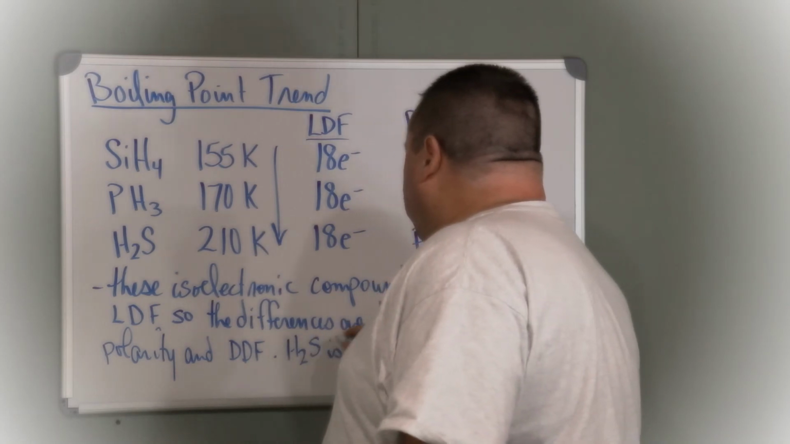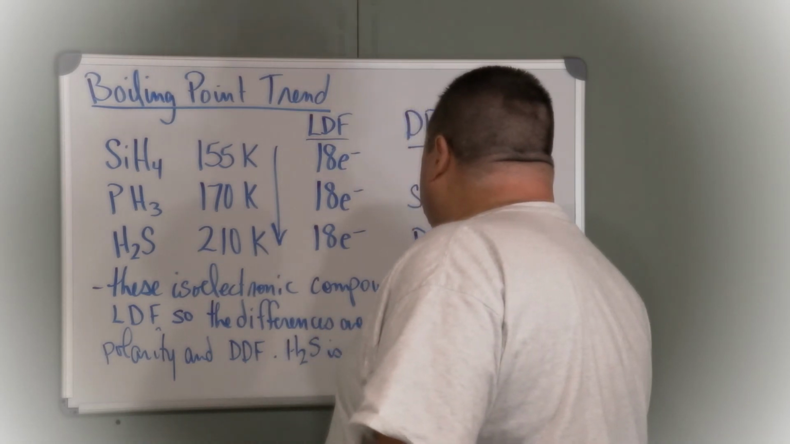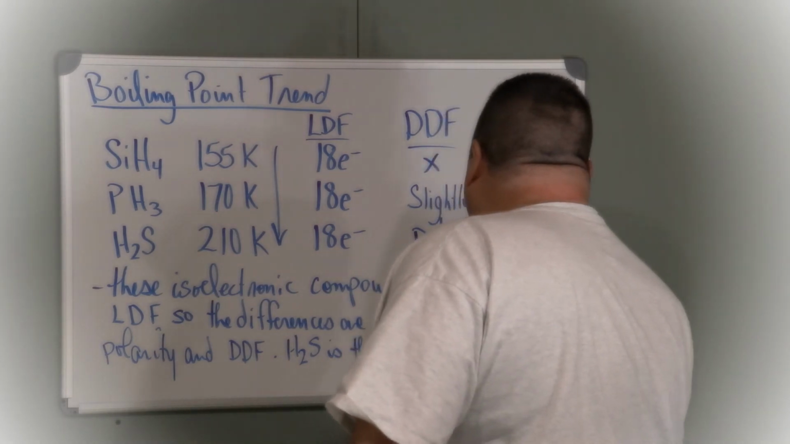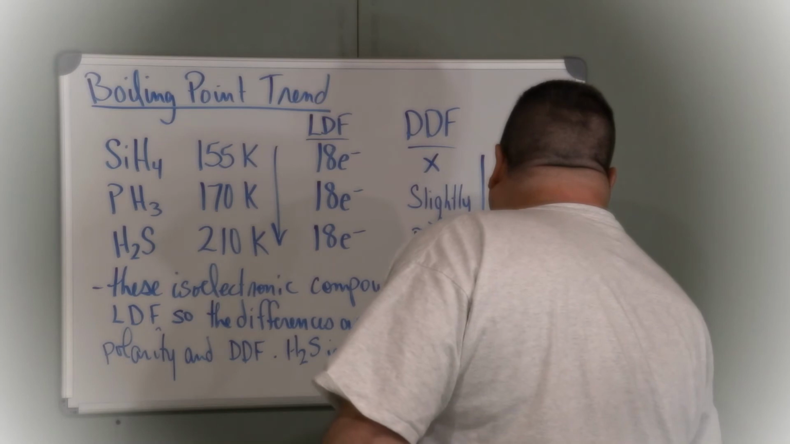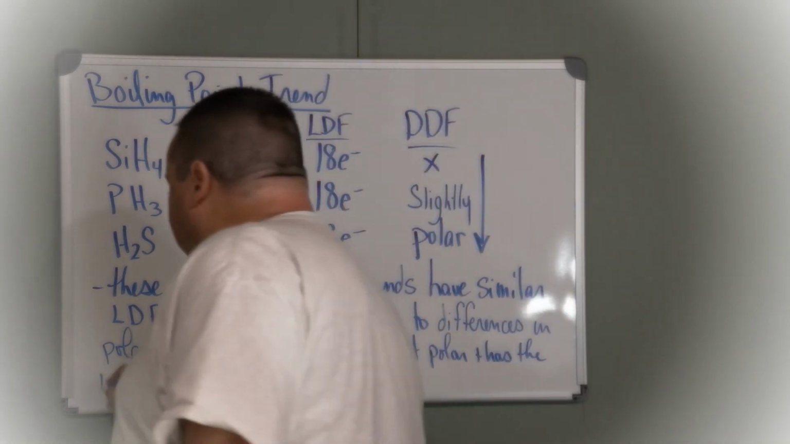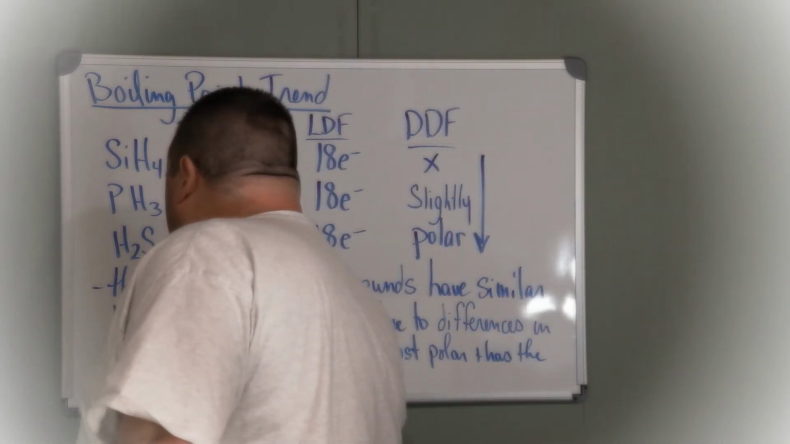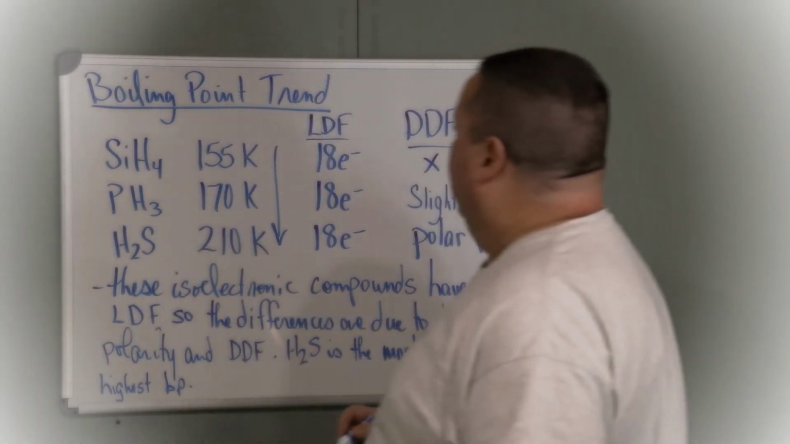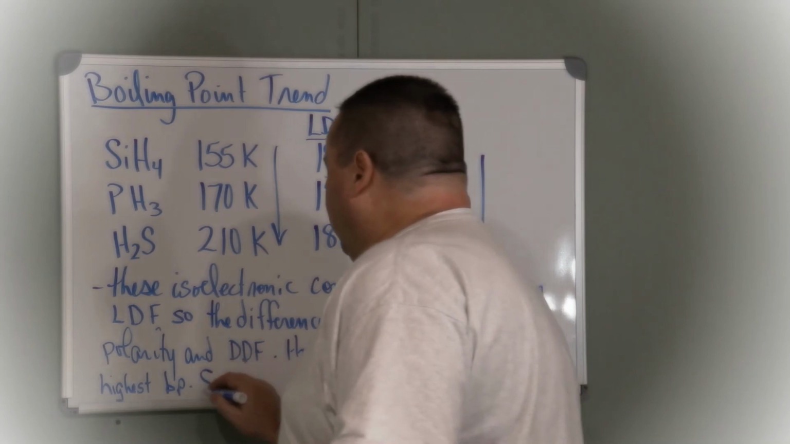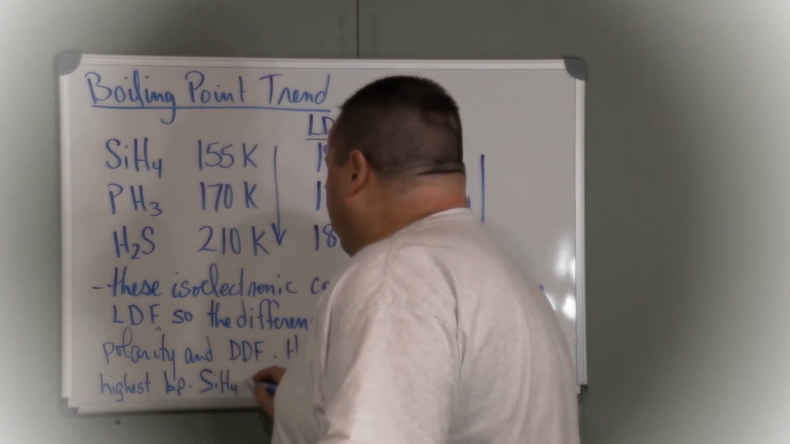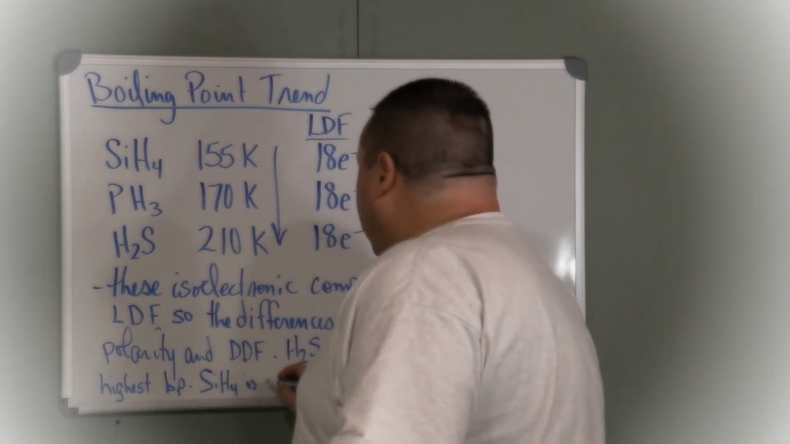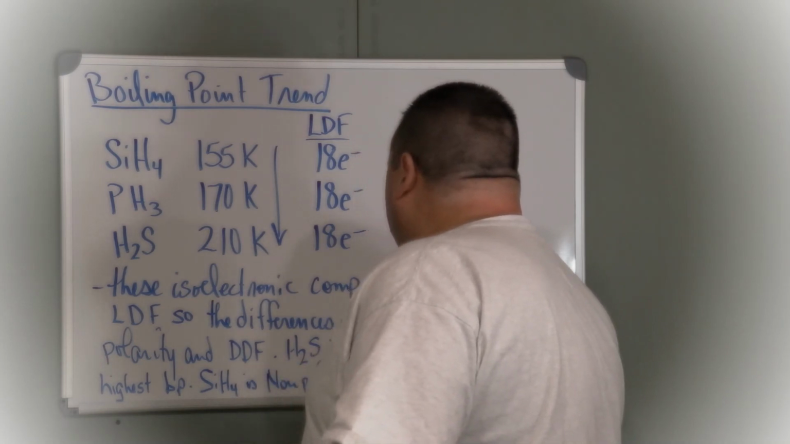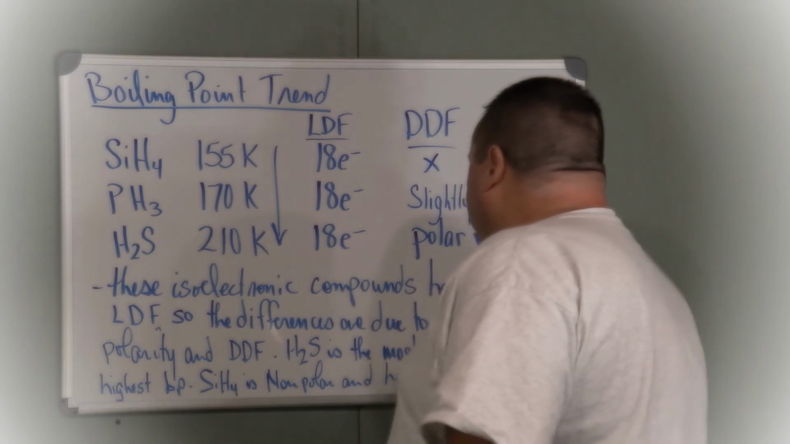H2S is the most polar, and has the highest boiling point. SiH4 is nonpolar and has